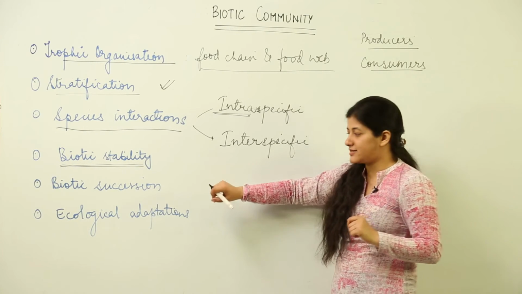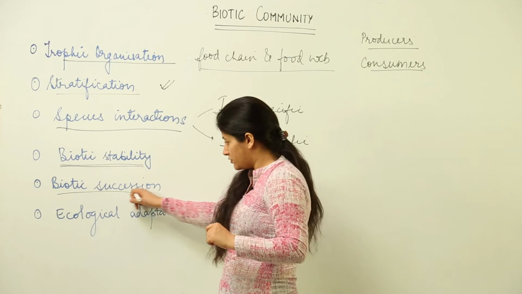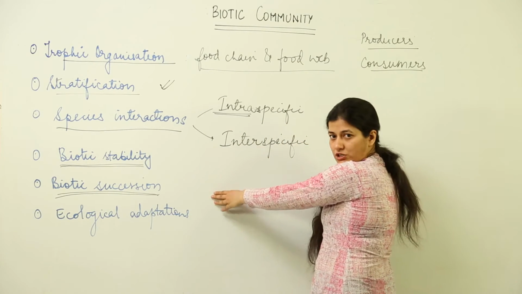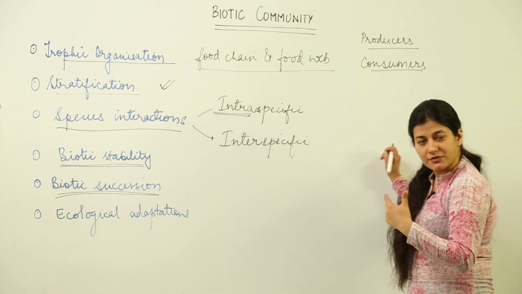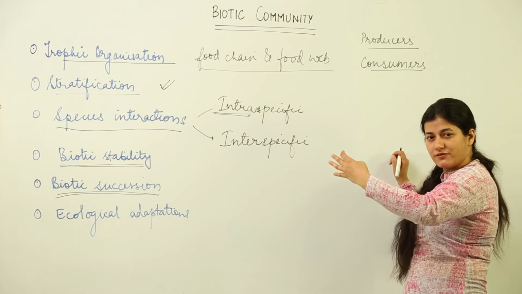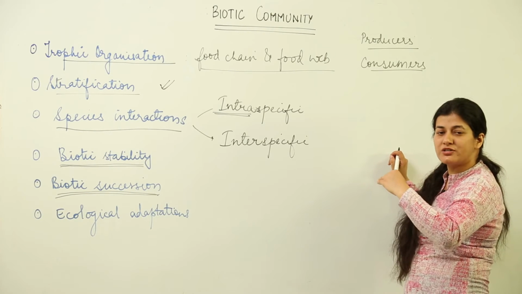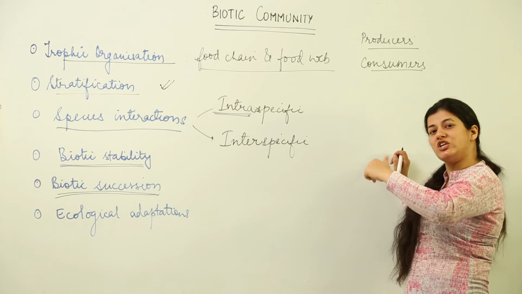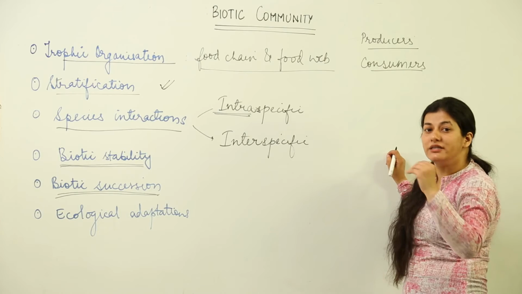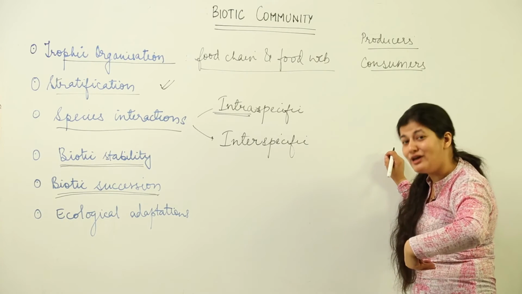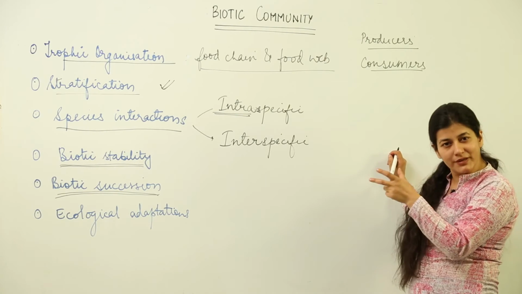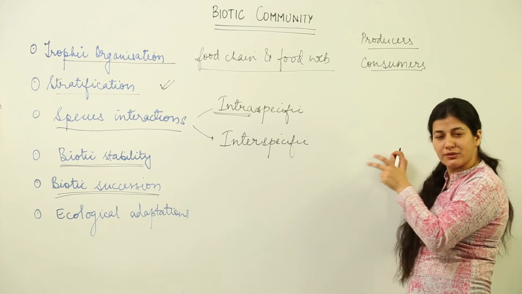Then we have biotic succession. Now, as you can see, it would be something related to biotic communities and to succession. Succession itself is quite descriptive, because it is an English word. Successive, something successive is going to come. So, it is a series of steps where biotic communities are establishing themselves in such a way that they are in equilibrium with the environmental conditions prevalent in the ecosystem. Now, this is a little bit heavy. We will get to know what it is. I am going to repeat it so that once we start, you get an idea of what we have to study.